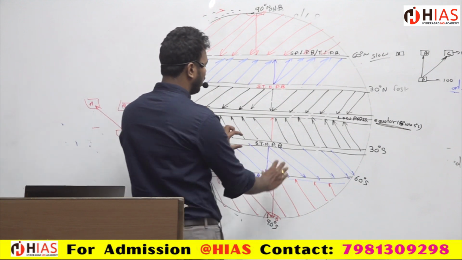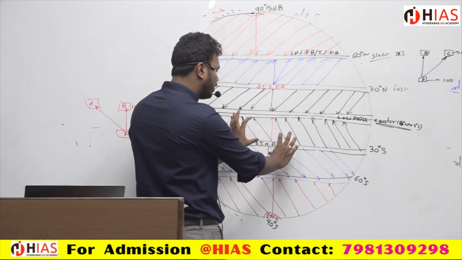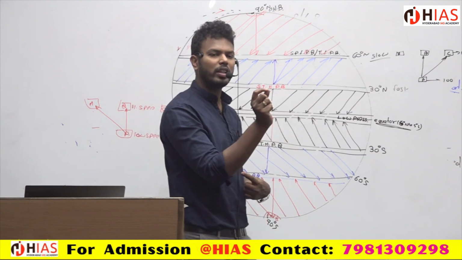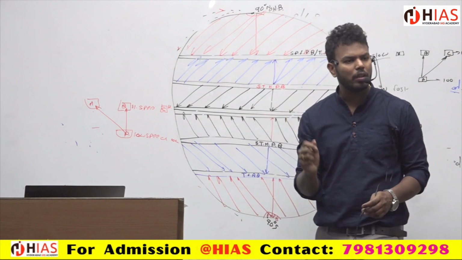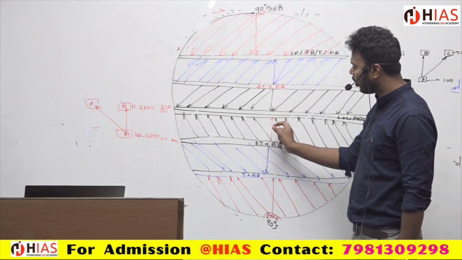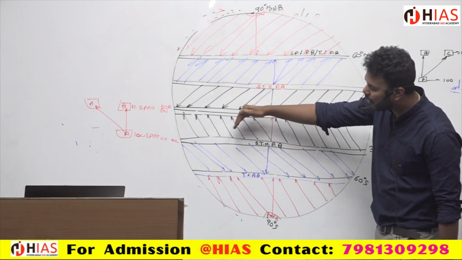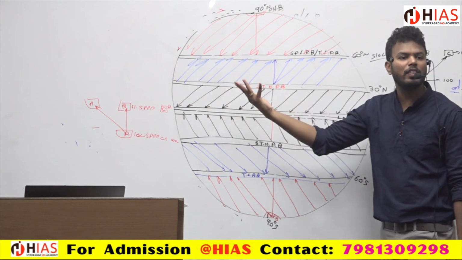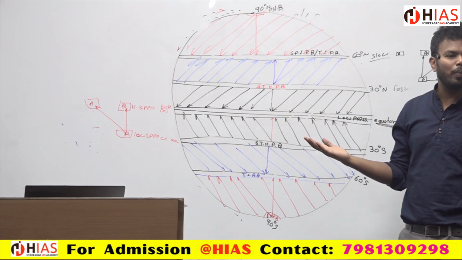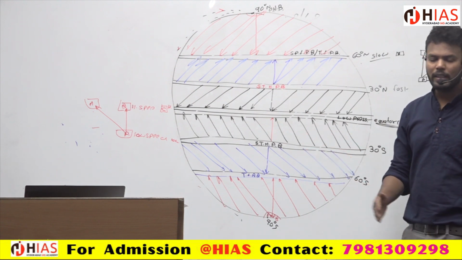See, winds are there. Winds are carrying moisture. In order to cause rainfall, we definitely require what? Moisture. So when the winds are traveling in this manner, they are carrying the moisture. But by the time they reach this point, they are left with no moisture. When they are left with no moisture, there is no proper rainfall. So that is why